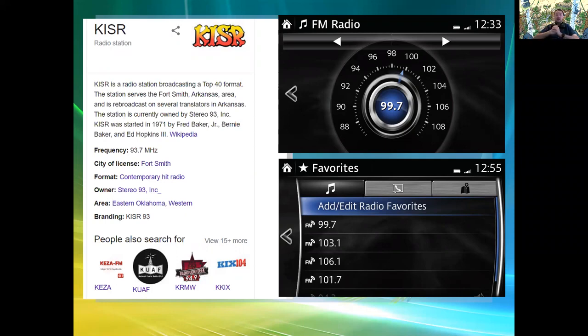Now Kisser 93.7 is the one that I would listen to all the time, especially when I was growing up. But I also listened to B98, which was 97.9. And that is a frequency. Those numbers aren't just some arbitrary number given to them. It is a specific frequency that they will send a signal out on versus Kisser, which is 93.7. And there are various radio stations out there, each one operating on their own frequency.